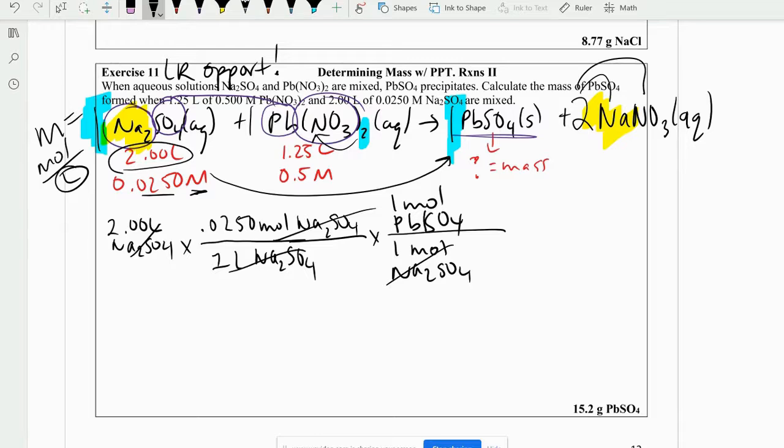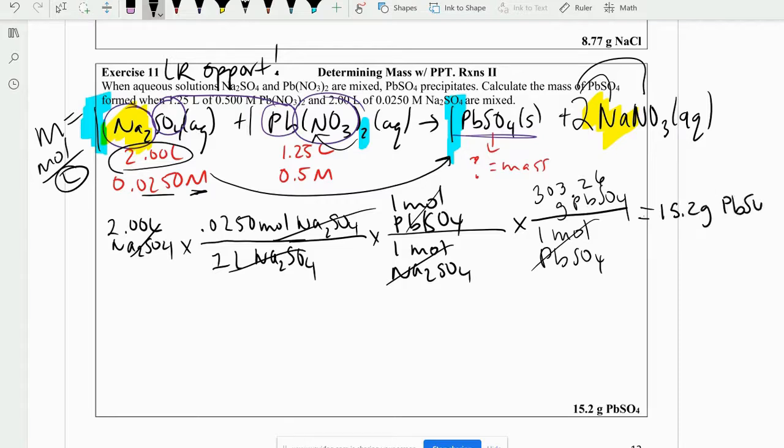How do you go to grams? That's right, molar mass. So you need to find the molar mass of lead sulfate. I already did that, you guys, and I know that down in my denominator here, I need to put 1 mole of lead sulfate. And for every 1 mole, I think hopefully you got the same thing. You should double check me: 303.26 grams of lead sulfate. Whew, that's called stoichiometry, you guys. Moles of lead sulfate cancel out. I'm in grams. I'm going to plug this into my calculator, and when I do, I get 15.2 grams of the product forming. Okay, so that is how many grams of the product forms in terms of the sodium sulfate